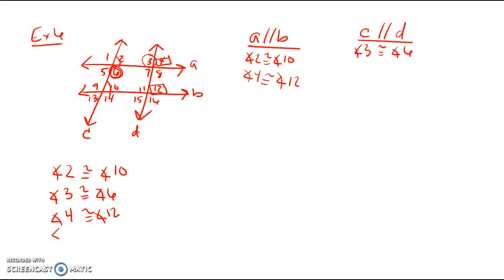Let's do one more. Angle 7 congruent to angle 12. So here we're looking at angle 7. I'm going to put a star on 7 and a star on 12. So when I'm looking at these two, they are not on the same side of the transversal. So they're on opposite sides, and they are between my lines A and B. So D is still my transversal, and they are alternate interior angles, so they're going to show that line